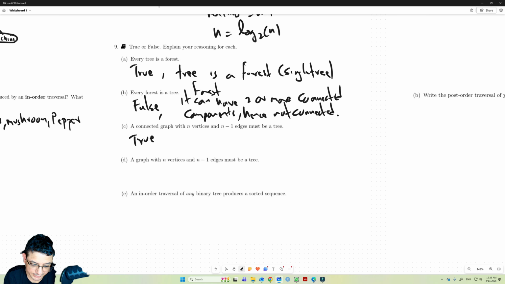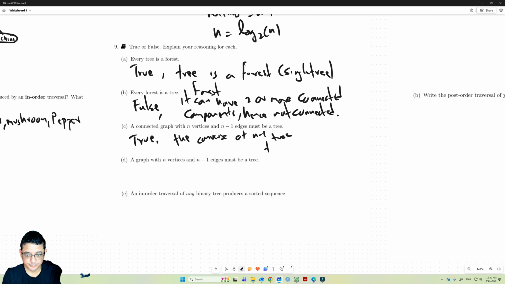And this is exactly the criteria for deciding that a connected graph is going to be a tree. Notice that this is the converse of the n-1 tree theorem. But there's an important assumption here, that this is a connected graph, which is what is going to make